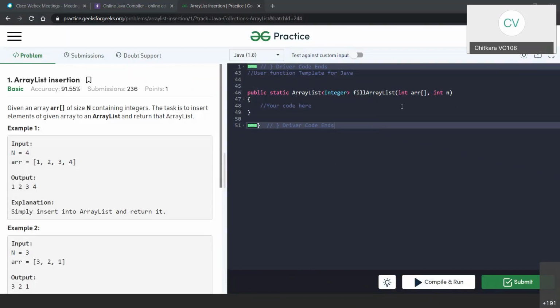So there was a drop in the connection. So can you see this code? Can you see this page?